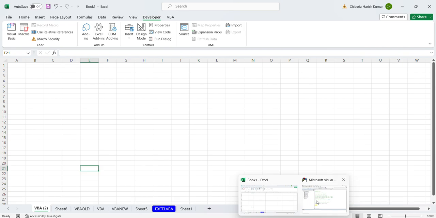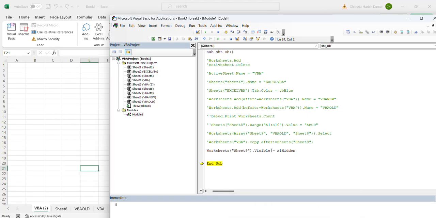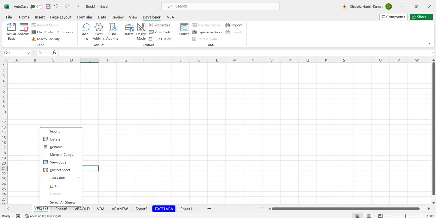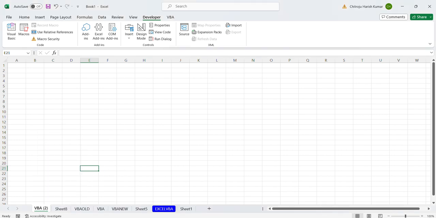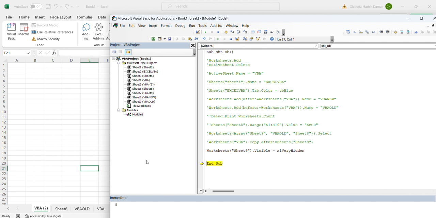There is another option also using VBA. You can do xlSheetVeryHidden, which means what? xlSheetVeryHidden. Let's execute xlSheetVeryHidden. Sheet 9 got hidden, but when you're trying to unhide, it won't allow you to unhide your sheet, because you have done the xlSheetVeryHidden. Means it won't be visible there. Sheet 9 is still available in your Excel, but you cannot unhide it manually, directly